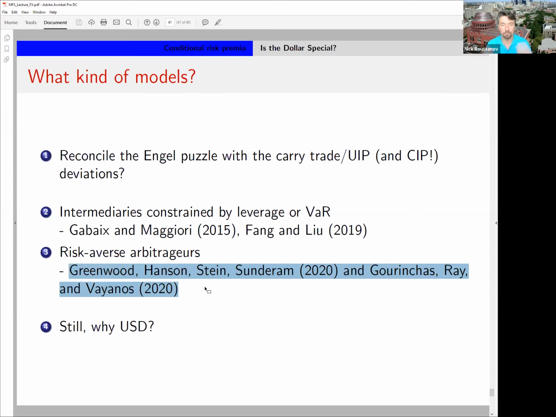There's just too much risk in these markets relative to other currencies, where it's much easier for a hedge fund to make a diversified bet on a bunch of currencies, which is why maybe CIP violations, for example, are driven out much more easily than the U.S. dollar CIP violations. And of course, these risk premia facts maybe do not apply anymore.